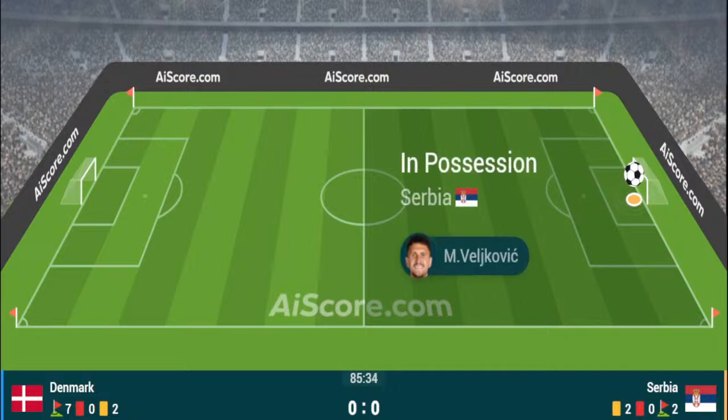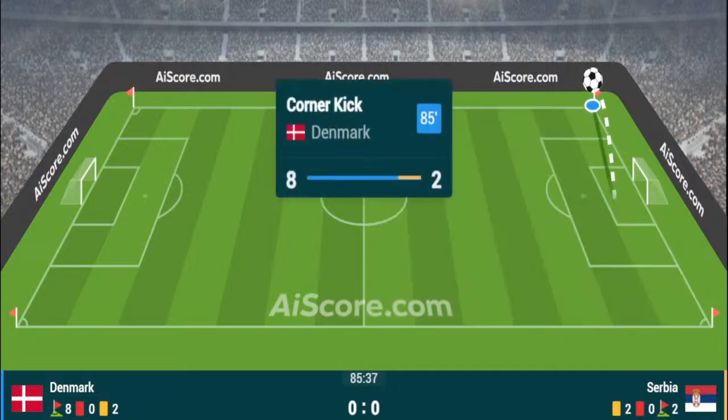Very tight indeed. When you look at the goals scored in Group C compared to other groups, it really has been a bit of a disappointment in terms of goals. I mean, Group A 17 goals, Group B 14 goals, Group D 15 goals, Group E 9 goals, but still with a game to play, and Group F 12 goals, Group C languishing with 7 goals. So there is still the absolute possibility for high drama here. It is Denmark 0, Serbia 0, and Serbia need a goal. Serbia must throw caution to the wind in this one.